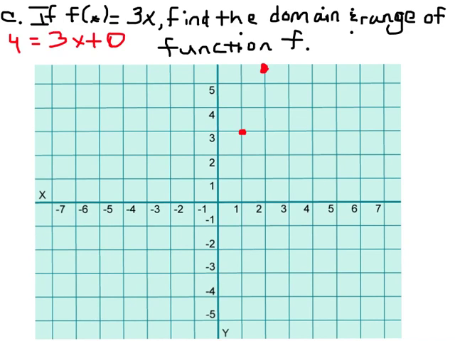And we could also go down 3 from our origin and over 1. And then when we connect these dots, we're going to see that this is a single line